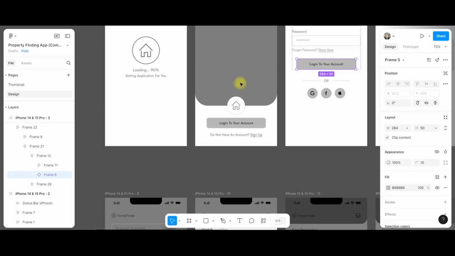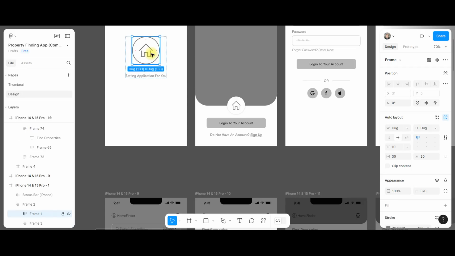And that's it for today. By following these tips, you can avoid having too many layers in your Figma project, making your workflow more efficient and your designs more